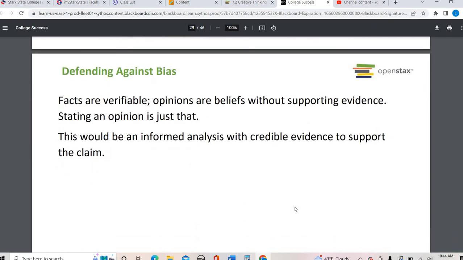Making sure that we are not only checking our own bias, but also being aware that other people have bias. Knowing when someone is using a fact versus an opinion is something that, if I had you in person, we would do a fact and opinion analysis, because sometimes it's not as clear cut as people believe. There are some authors who are really great at making it look like their opinions are fact. So you have to really look and see: is this fact verifiable? Can I measure this? Is it observable? Or is this someone's opinion? Is this someone's judgment? Or is this an informed opinion? It's an opinion, but it's based on facts.